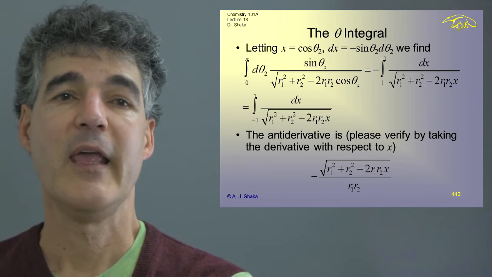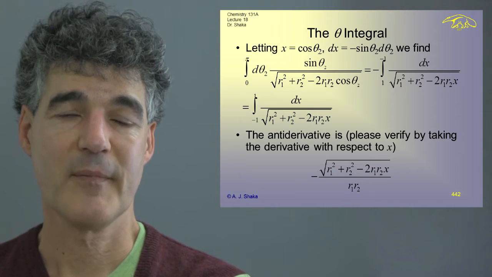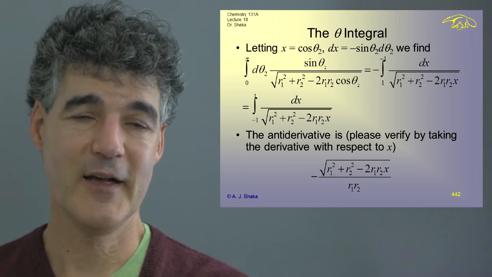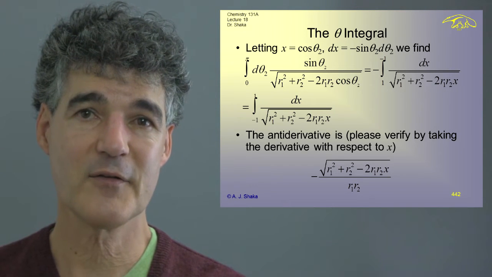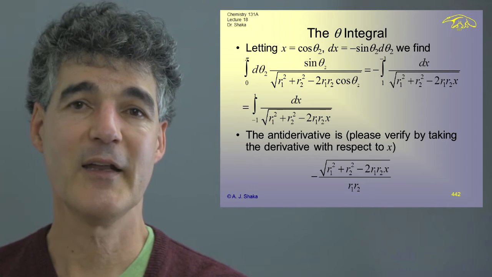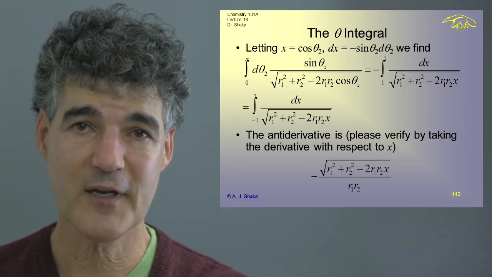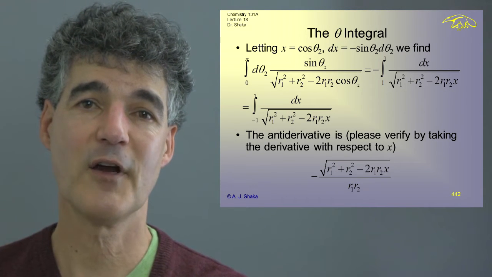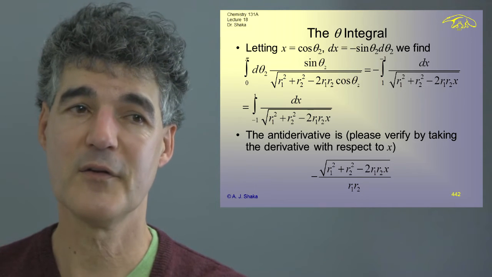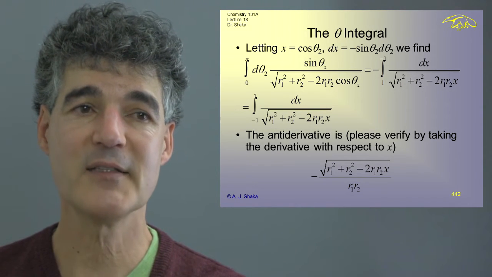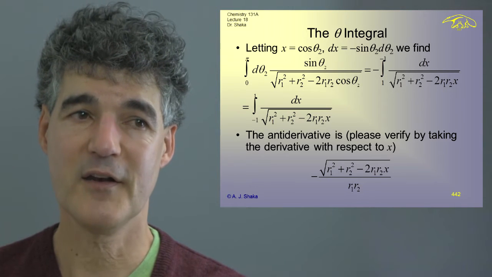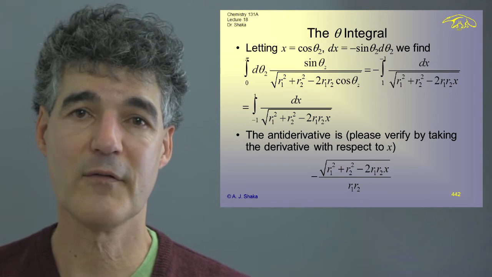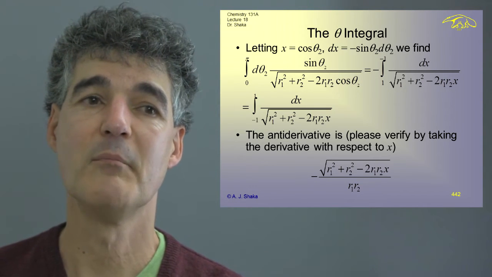Okay, so if I make a substitution, which you tend to do: if you have an algebraic function you can't do, you tend to make a trigonometric substitution, and if you have a trigonometric function you can't do, you tend to make an algebraic substitution. Here I'm going to let the variable x be cosine of theta 2. Then dx is equal to minus sine theta 2 d theta 2. And therefore, the integral over d theta 2 of sine theta 2 over the radical is equal to minus the